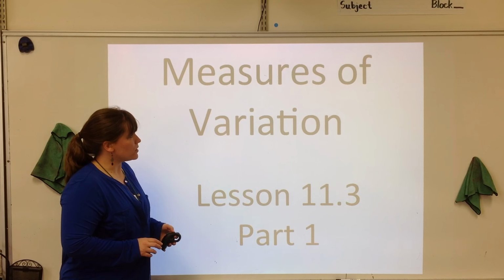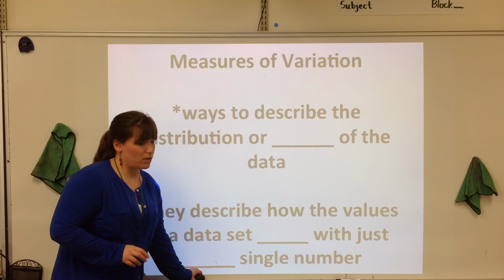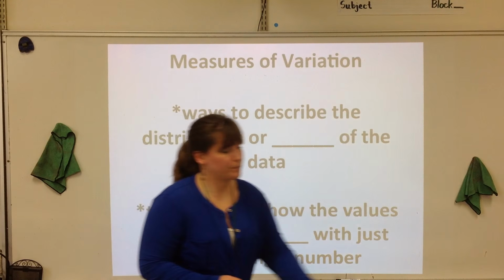What you're going to need is the white paper that you got in class that had the measures of variation on it, and you're also going to need your orange sheet that I gave you as well, and your notebook. You're going to want to trim this down right here, and the orange one you're going to want to trim and then actually cut